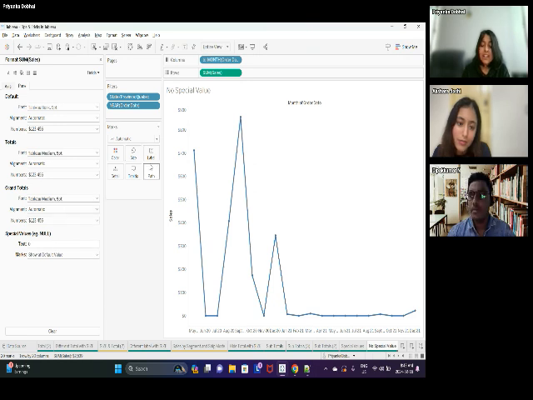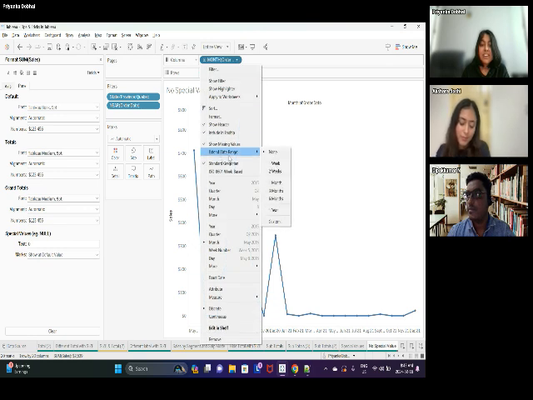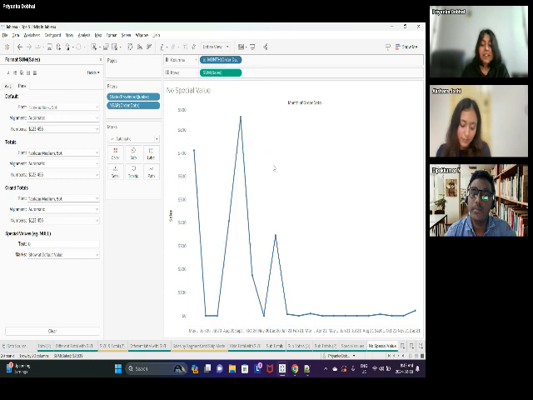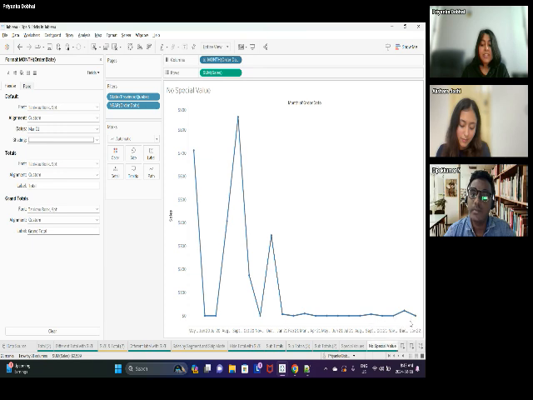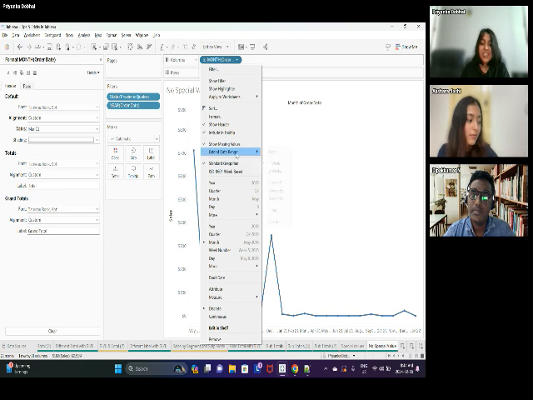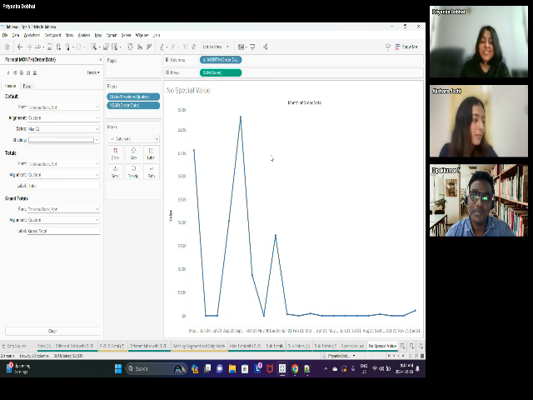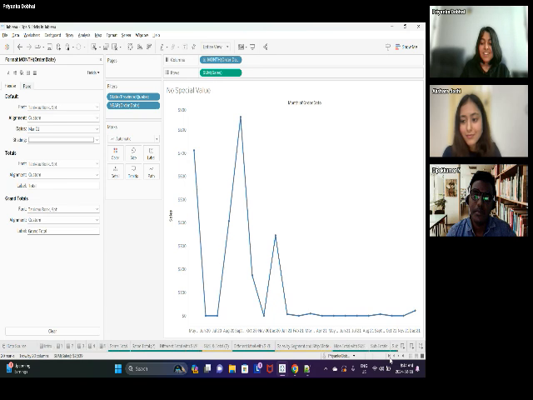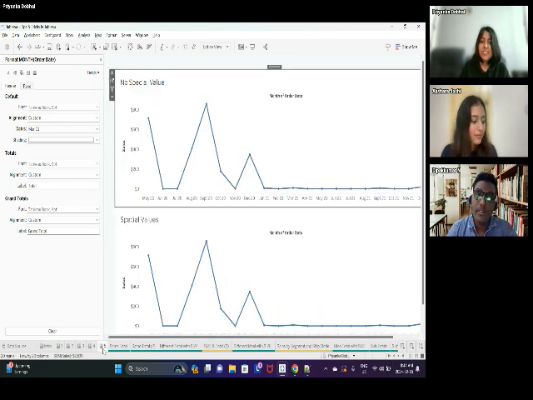Another trick while we are here, I would say, is this interesting thing called extend date range. So let's say I don't have data currently for another date, but I want to extend my axis. I can actually use this to extend my axis. It's a very interesting thing that I came across very recently. I'm surprised I did not notice these things before, but yeah, so you can see there are multiple things that you'll keep discovering when you work with Tableau, which is at least good that you won't get bored of it. So that was again on special values. If you have any questions, I'll take them up later for sure.